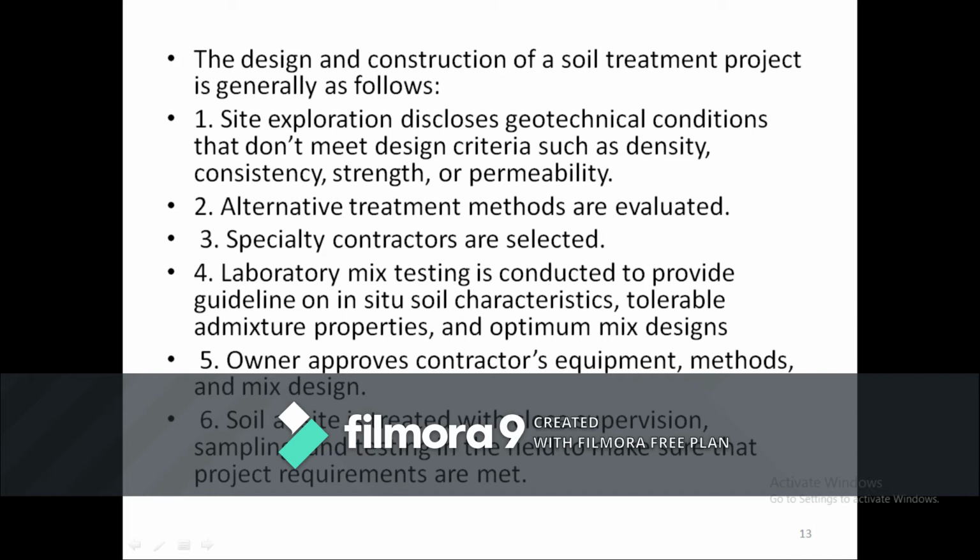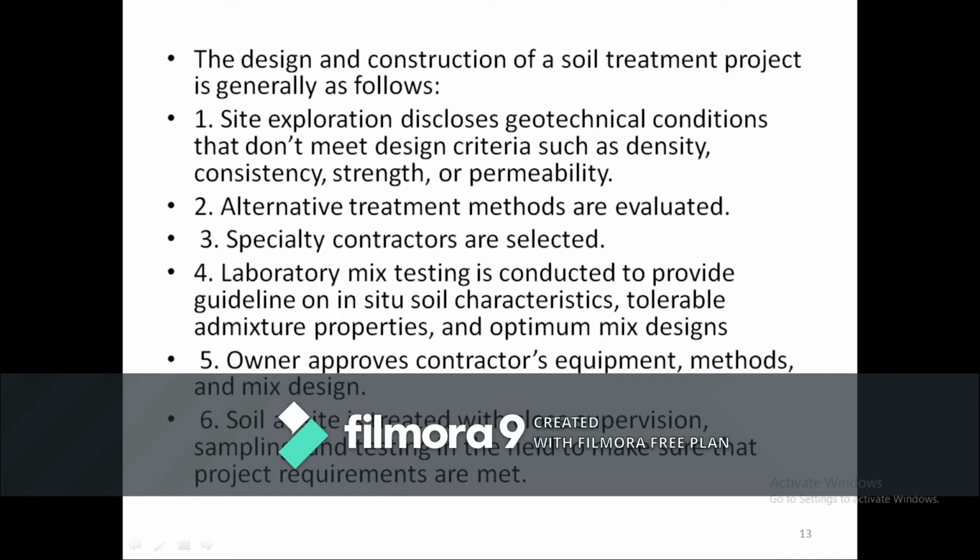What are the geotechnical conditions? First we will see what the design criteria are related to density, consistency, strength as well as permeability. We will first try to find out the properties of the soil. Then alternative treatment methods are evaluated. First, we don't just go with cement addition.